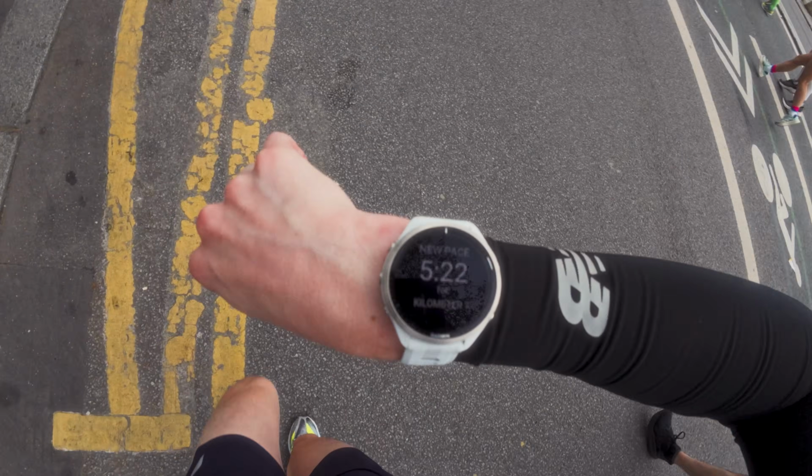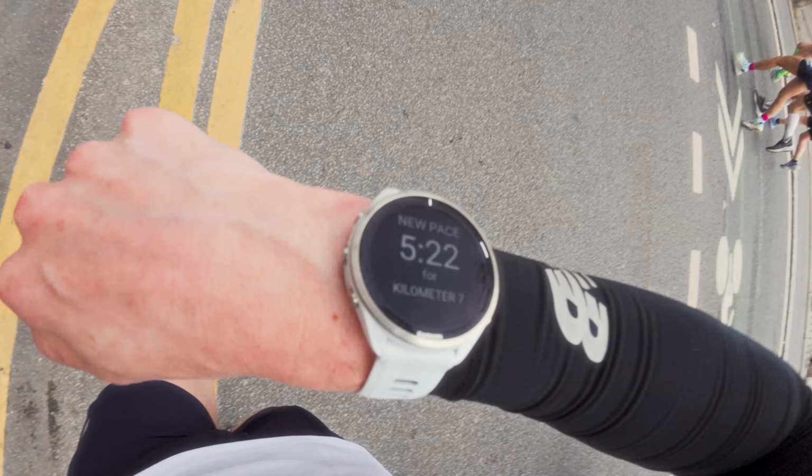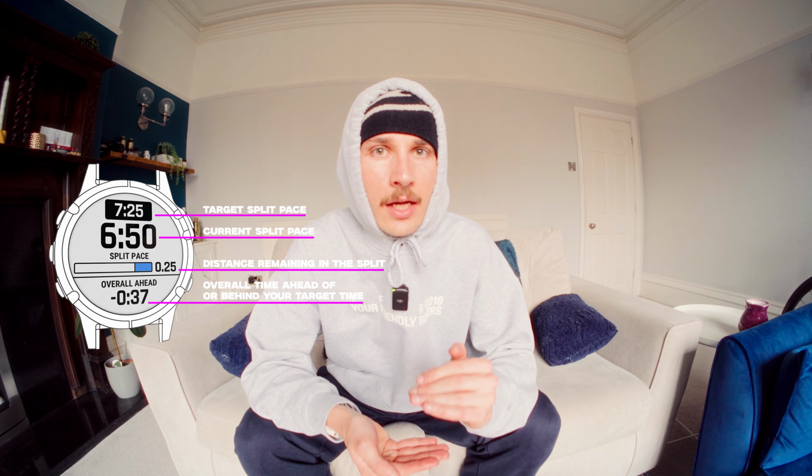The Pace Pro is telling me what I need to hit for each K. As you can see there, the display looks like this. It tells you the target pace for that kilometre you are in, the pace you are currently running, how far left of that kilometre there is to run, and then how far ahead or behind you are of your overall target time, which was infinitely useful because it completely eradicates the burden of thought when it comes to calculating how far ahead or behind you are of your pace. So I kept it on that screen the entire way round. I didn't change it once. All I was focused on was hitting the pace that the watch was telling me to hit for each single